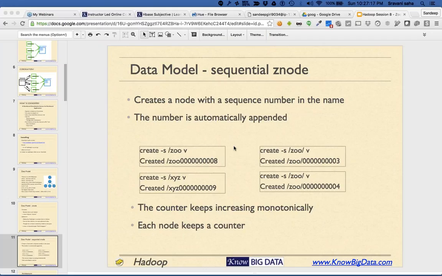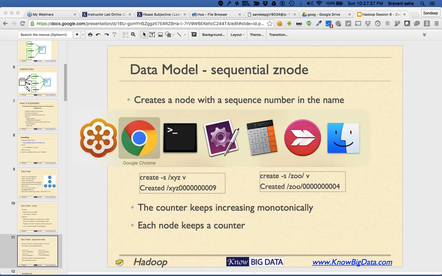When you're creating a sequential node, you just provide the prefix. The sequence number is appended by Zookeeper to the prefix. Okay, for example, I will show you